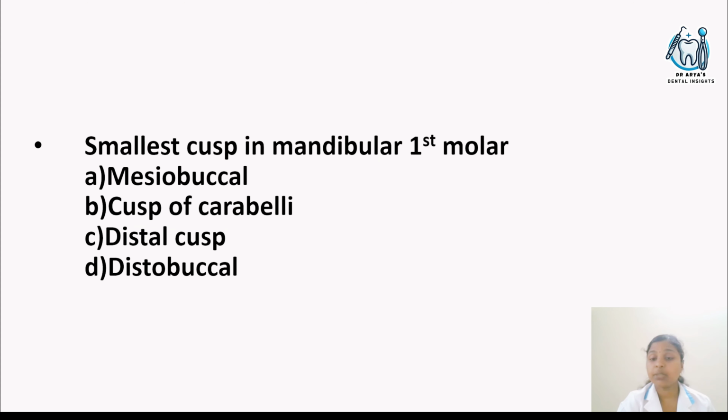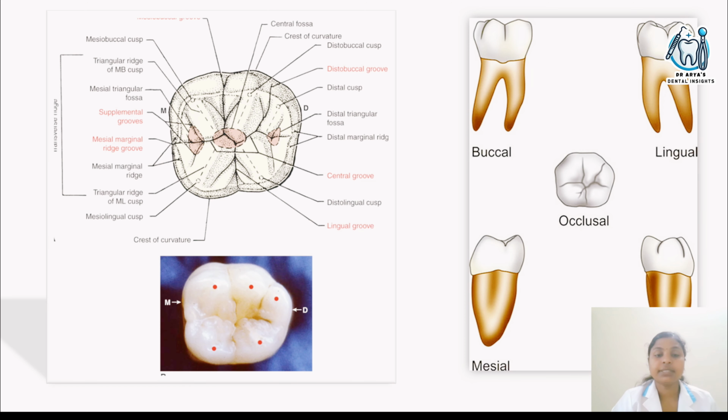Okay, smallest cusp in mandibular first molar. Is it mesiobuccal, or cusp of Carabelli, or distal cusp, or distobuccal? So the permanent mandibular first molar shows five cusps. Which are they? This is the mesial side and this is the distal side. So mesiobuccal